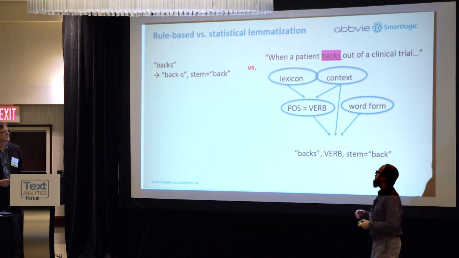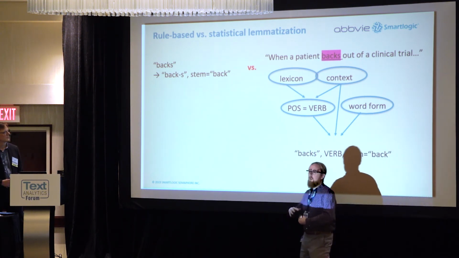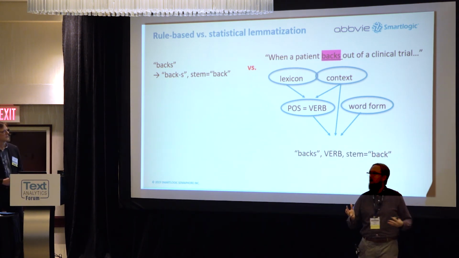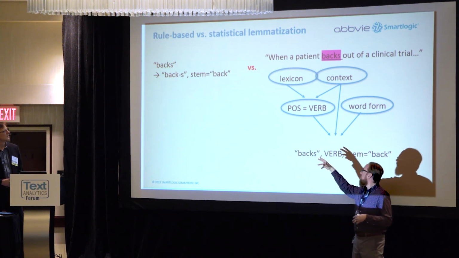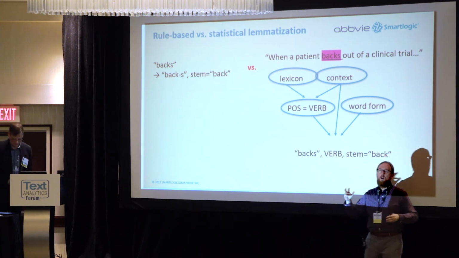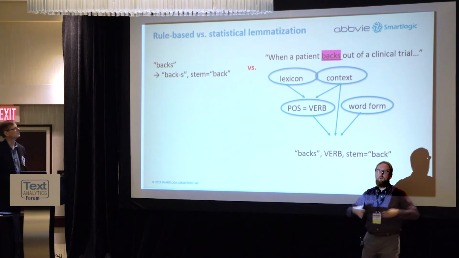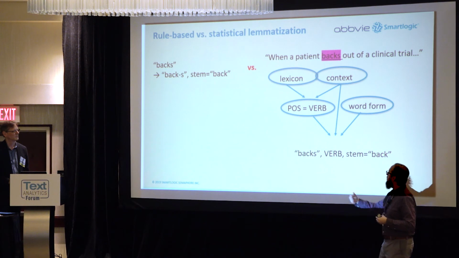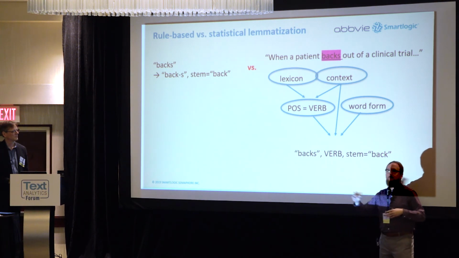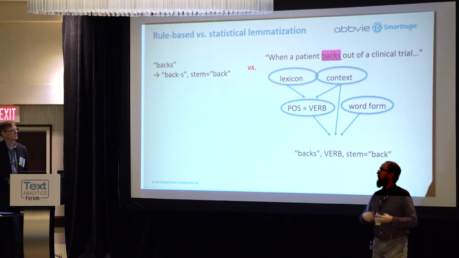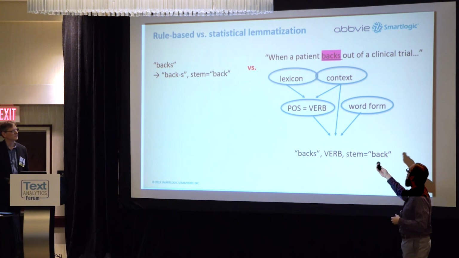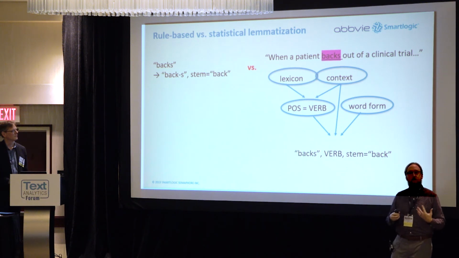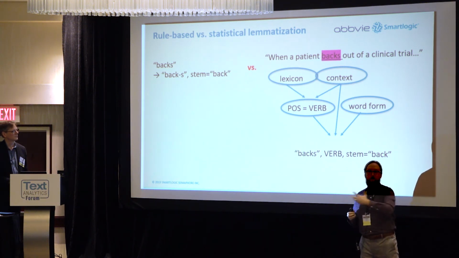So what we actually have are two possibilities to lemmatize these words. The old school way, what we might just call stemming, is on the left: a rule-based lemmatizer which has some rules that say, oh, this is backs, and we could chop off an S and it becomes back, and then you're done. And what we actually have in Semaphore is an off-the-shelf statistical model that can take the context into account, and can also make inferences about the part of speech and include the part of speech in the lemma.